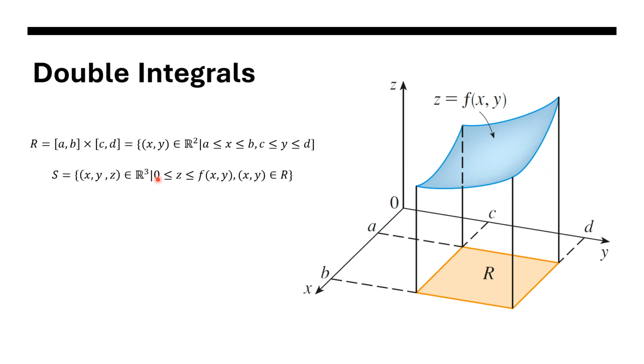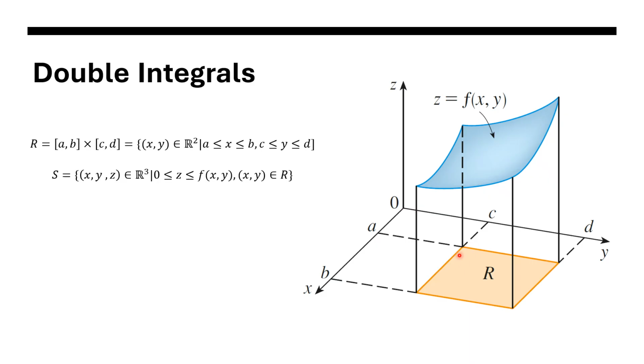We accomplish this by dividing the closed interval [a, b] into m subintervals, just like what we did with the definite integrals. So we have a closed interval, and the width of each of the m subintervals, from x sub i minus 1 to x sub i, is obtained by dividing b minus a by m.